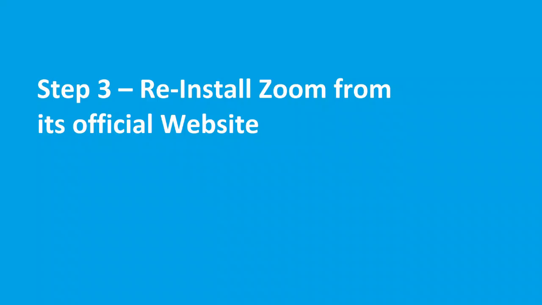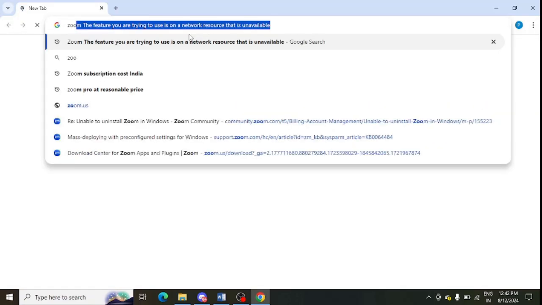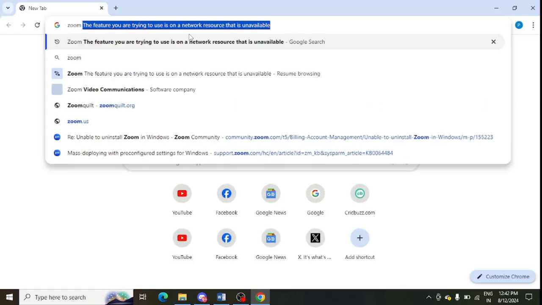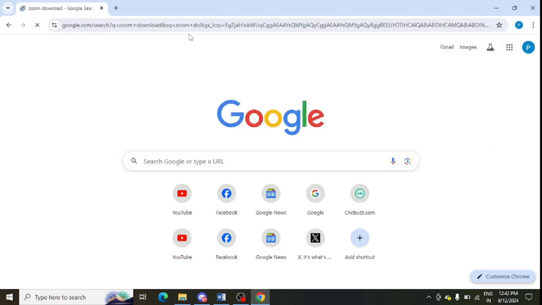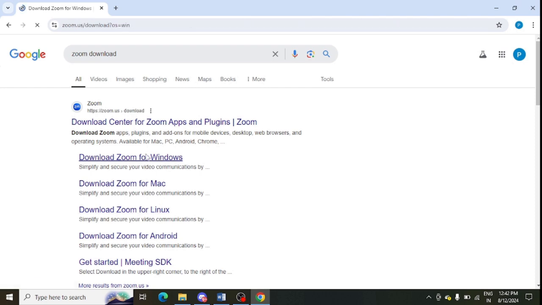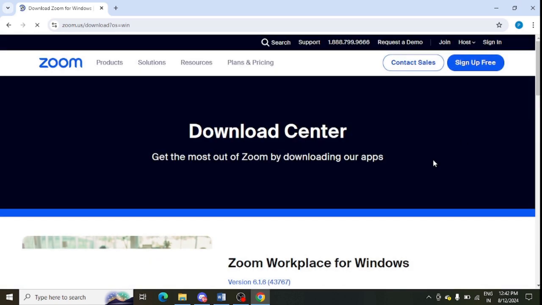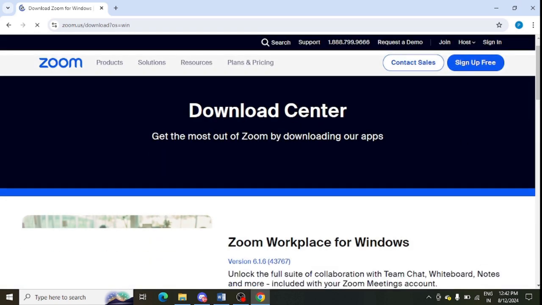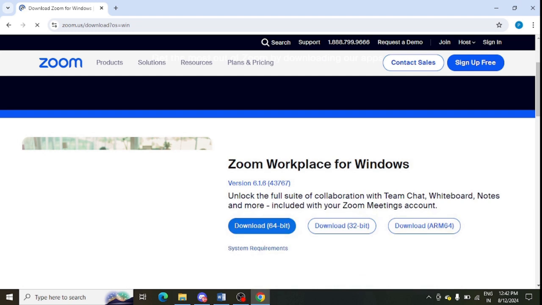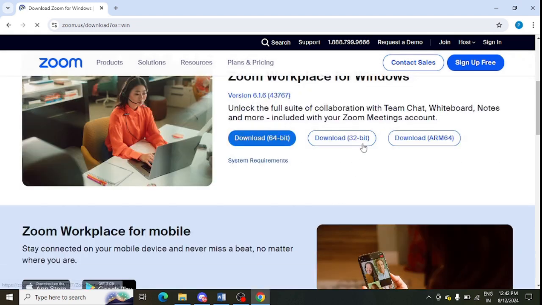After deleting all the keys you need to download Zoom again from its official website. Make sure to go to the official website only to download Zoom. So this is the official website, zoom.us. You can download it for Windows, Mac, anything. Simply press on this and you can download it from here. So after downloading it, now you can log in and check whether it is working for you or not. Simply click on 64-bit or 32-bit, whatever you have,